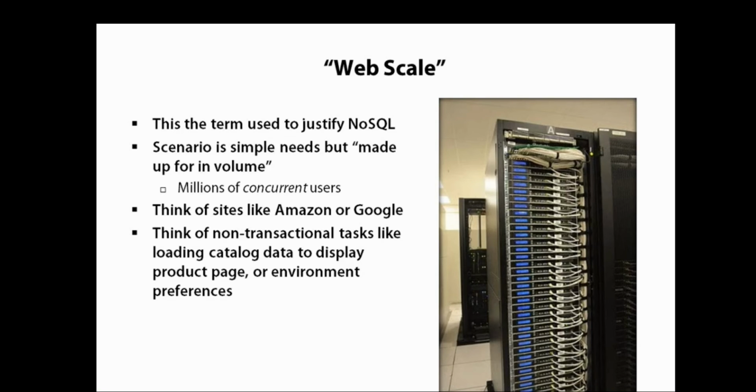So even if they have relatively simple data needs, like retrieving personalization information about which news section should go on which part of your web page, even those simple needs need to be fulfilled very, very quickly, or else the site's not going to scale. The so-called web scale that a lot of sites with big brand names like Amazon and Google face is something that relational databases weren't really designed for. And so web scale and the whole kind of culture around web sites and web startups is a big part of the reason NoSQL has become so popular. Because in these particular use cases,